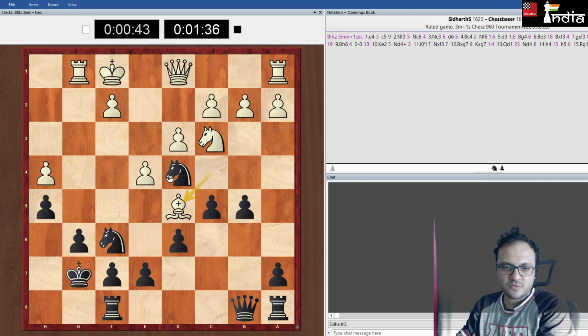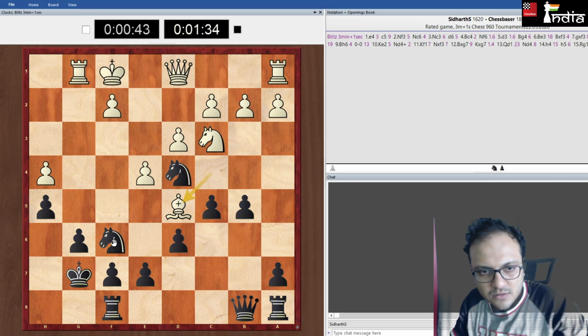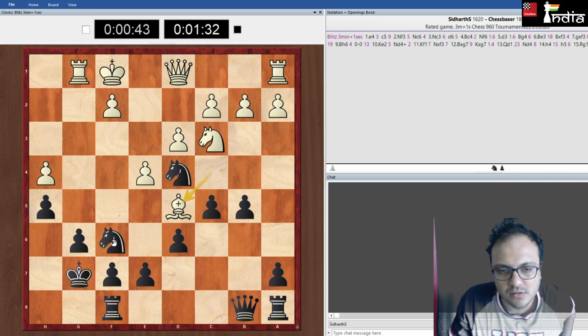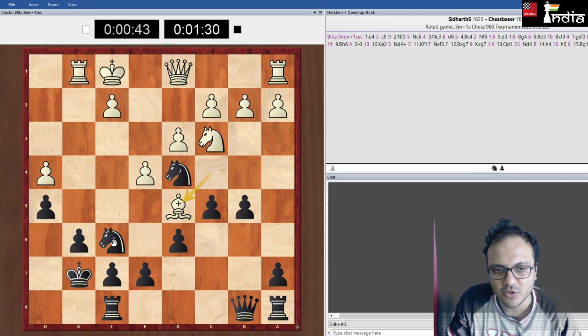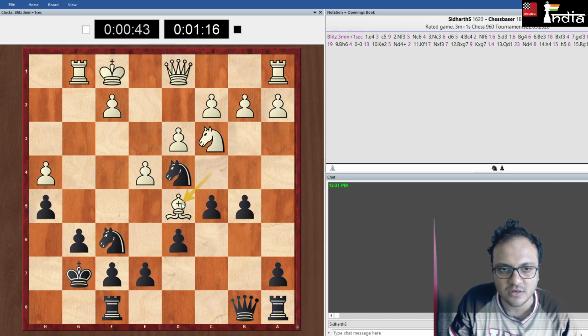Bishop d5. Okay, interesting. Yeah, I had not considered. I was more looking to, but now this is interesting because he gets some attacking chances. If I take knight takes, and then yeah, I have some problems to fix.